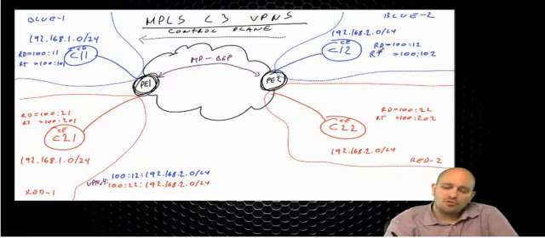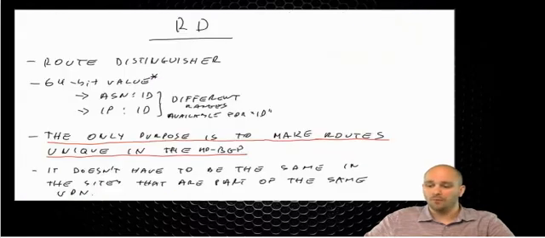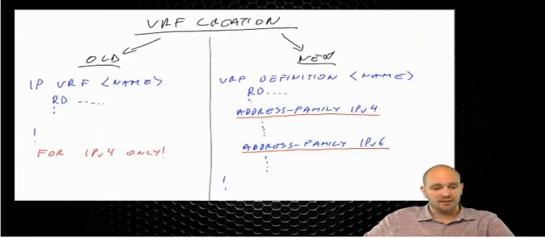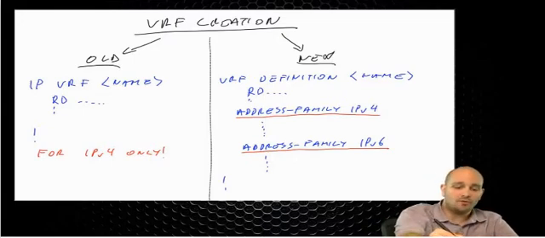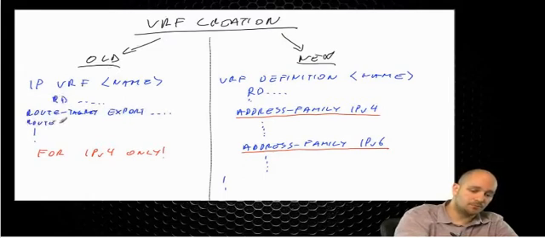Now, when we use the route target here, when we are configuring the VRF, no matter which actual syntax you are using to configure your VRFs, when you are configuring route targets, one of the things that you do here is that you are going to say route target export and then some value, and you are going to say route target import